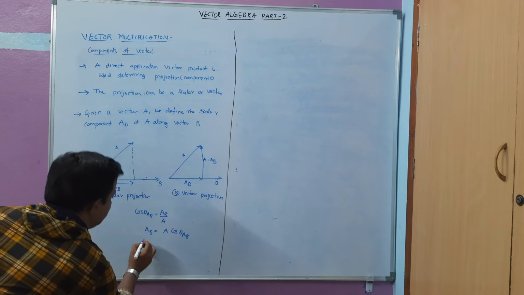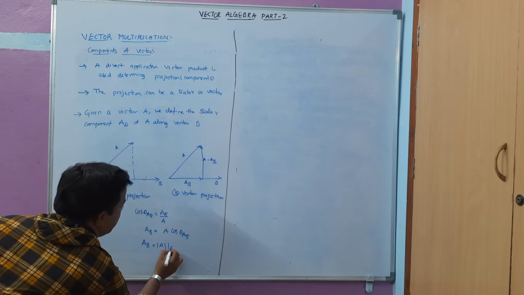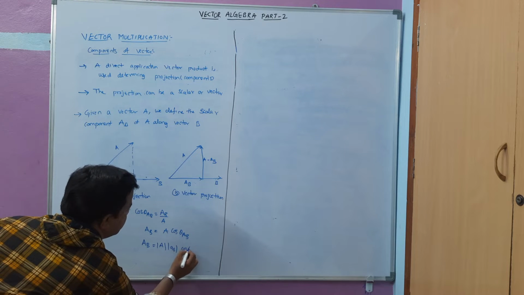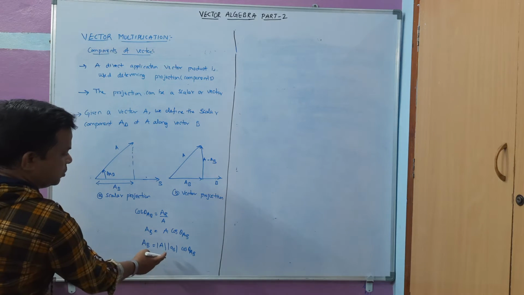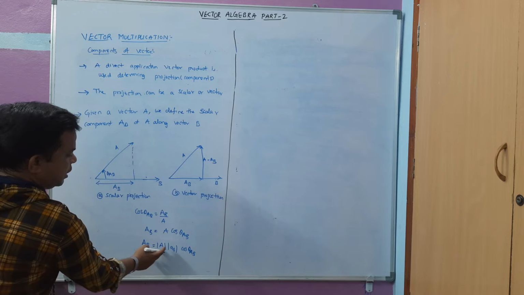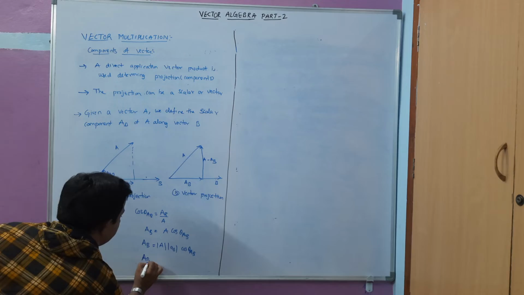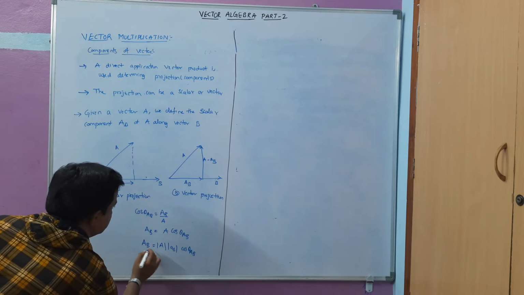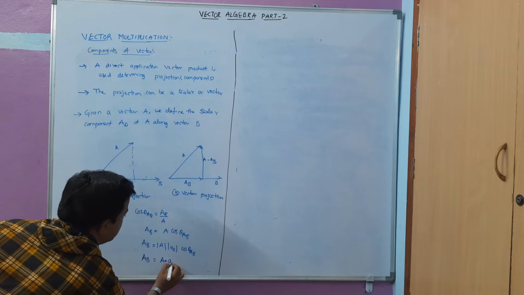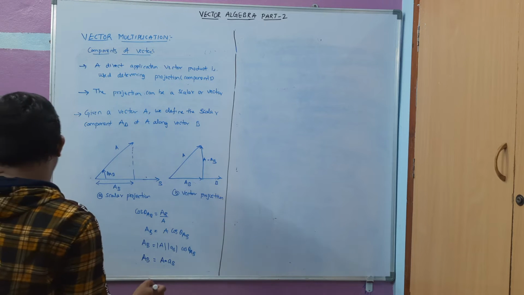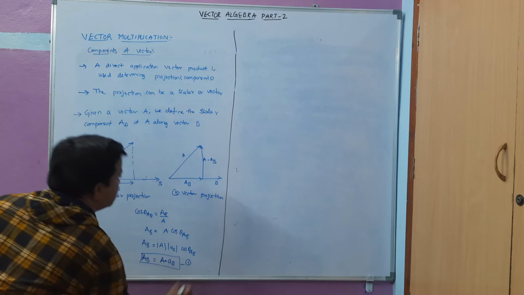Now AB is equal to A cos theta of AB. Now I can write this AB as like this, AB is equal to mod A of AB cos theta of AB. Okay, so I am using the dot product rule here, A mod B cos theta of AB, that is A dot B. Now I can write here as AB, this is the scalar projection or scalar component, that is A dot AB. Okay, A dot AB. So it will give me this result. Okay, let us take the equation 1.